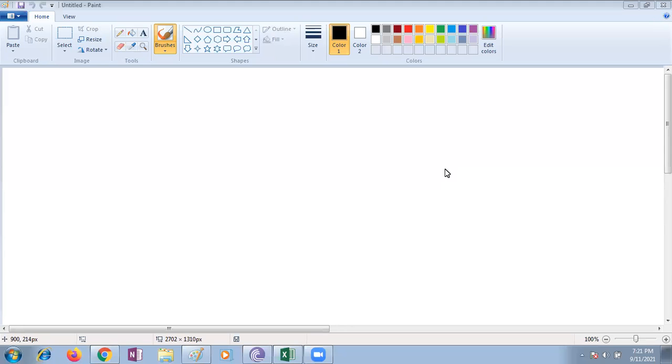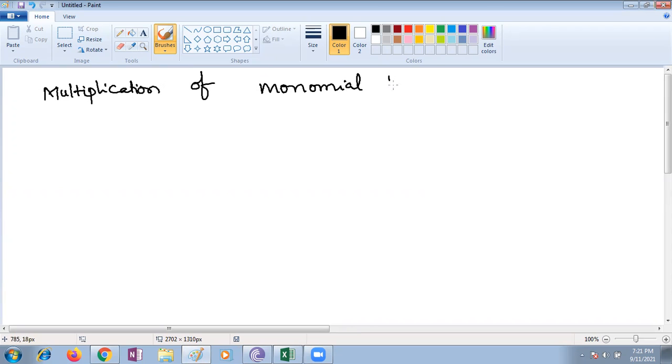More than multiplying a monomial by a monomial. In that, multiplying 2 monomials, multiplying 3 monomials, multiplying more than 3 also we have. First step is multiplication of monomials. Multiplication of a monomial by a monomial. What is a monomial, children? One term. Only a single term. I am the monarch. I am the only one king in the monomial. Single term.